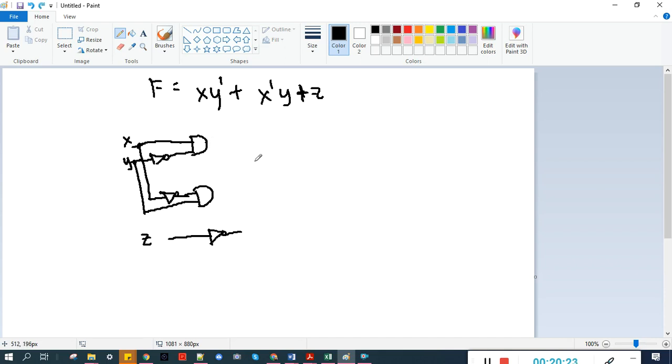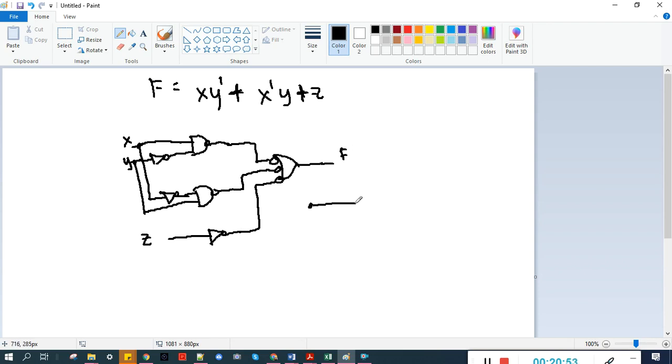Wait. Then let's add with this OR. We use OR. Invert OR. Connect it here. So this is our F,